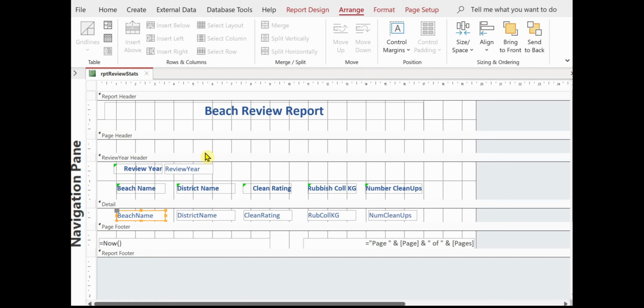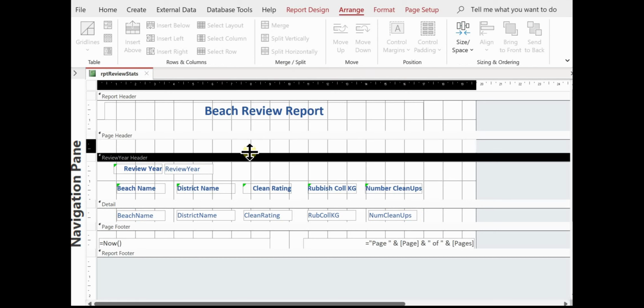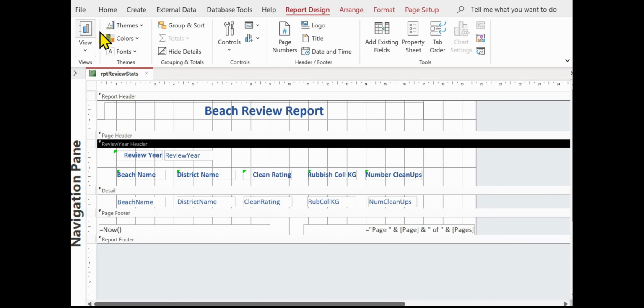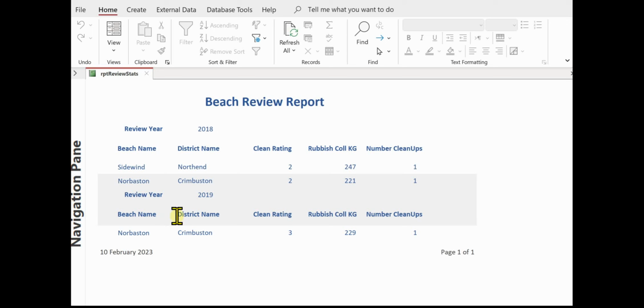We'll close up this page header a bit now, so let's close that up. And let's just have a quick look at what we've got. Okay, so we've got our review year, we've got the beach name, the district name, clean rating headings,